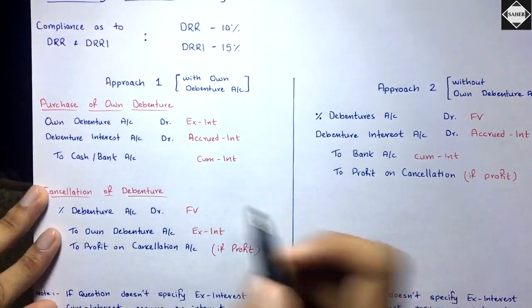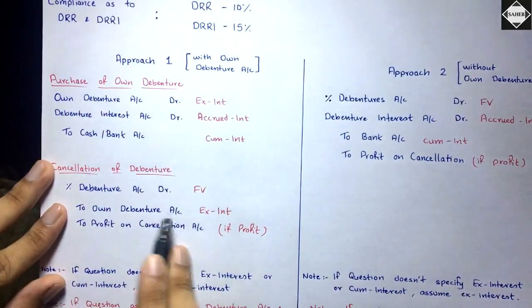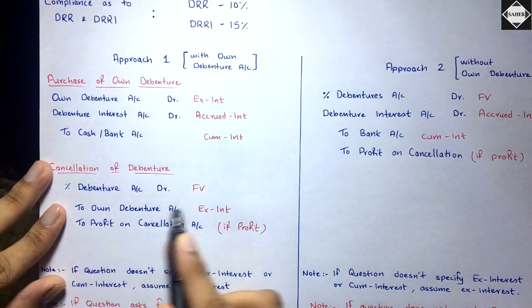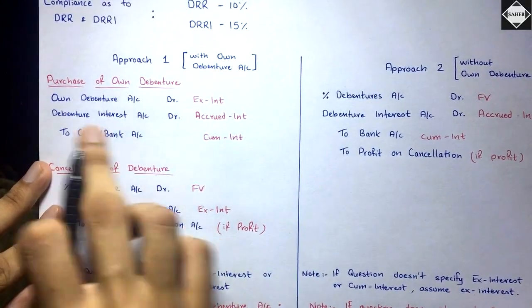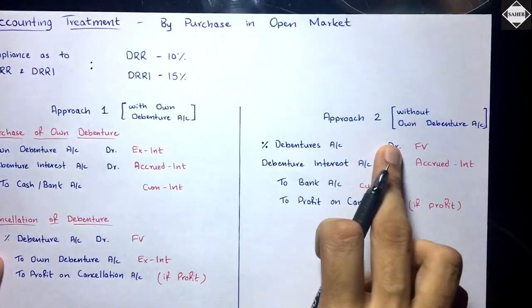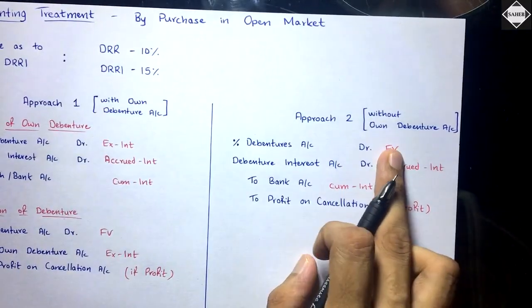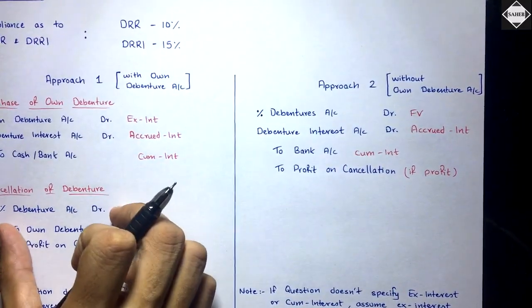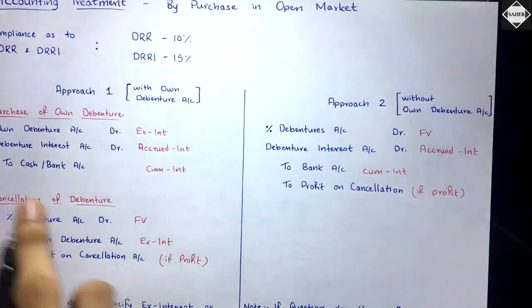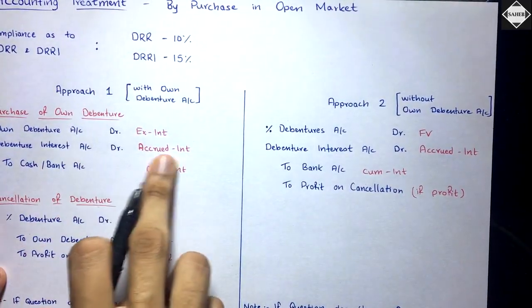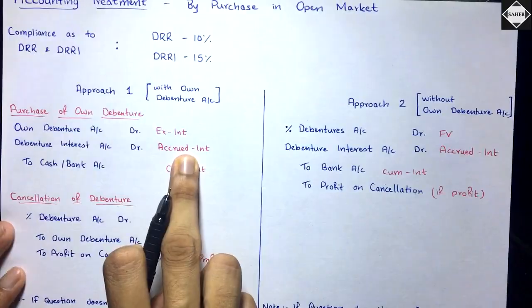See here, you have own debenture account over here, and own debenture account over here. Just cancel these two things, own debenture, own debenture. What do you have? The entry is what? See here, percentage debentures account debit. You are cancelling off the liability with the face value, same thing. You take all the debits: percentage debentures account debit, face value, and of course debenture interest will be there, that accrued interest which you have to pay, right? So you will take that,